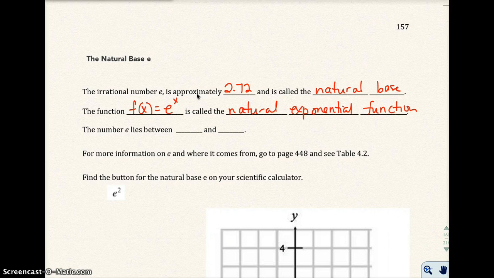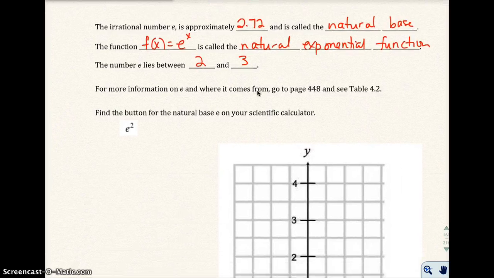The number e lies between 2 and 3, because 2.72 is between 2 and 3. Again, it's approximately 2.72. It's really 2.7182281872, and it goes on forever. It's kind of like the number pi, it goes on forever, but we say it's approximately 2.72. Okay? For more information on e, where it comes from, you can refer to your textbook or go into the